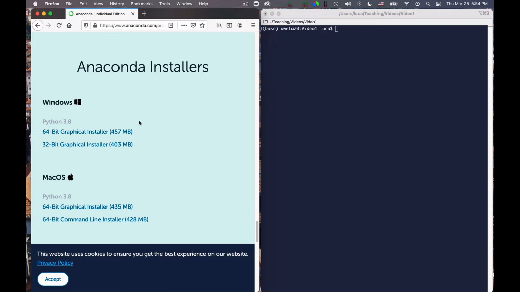I have already done that, and so I will skip this step, but the next step I need to do is to create an environment. An environment is like a version of Python that contains only the packages that you need in a particular project. The point is that Python has packages, and different projects may require different versions of the packages. So a good habit, when you start developing in Python, is to create an environment, which is a kind of version of Python and its packages around it, that only contains the packages you need for that particular project.